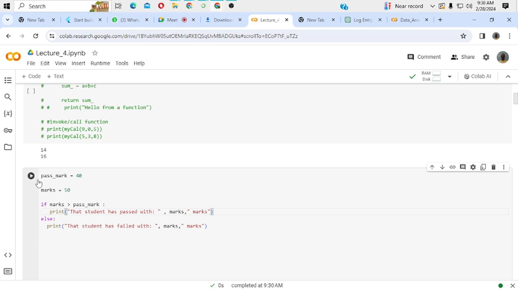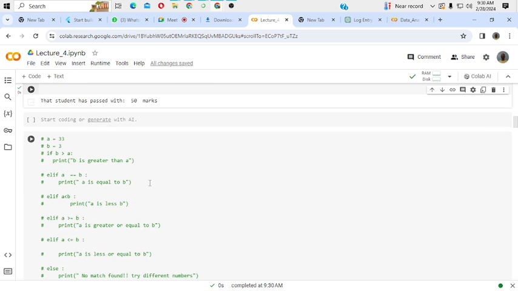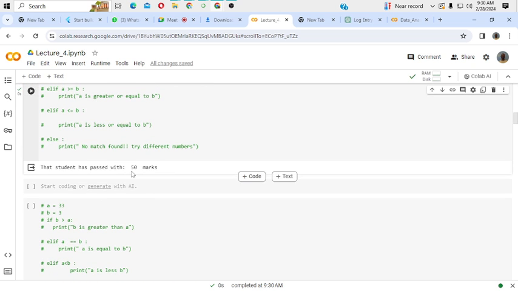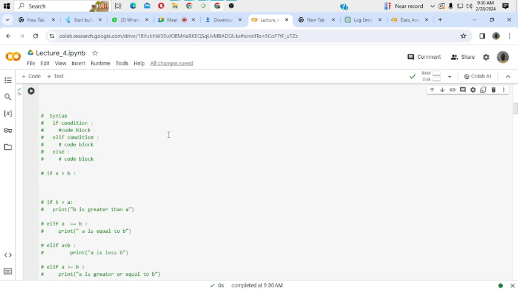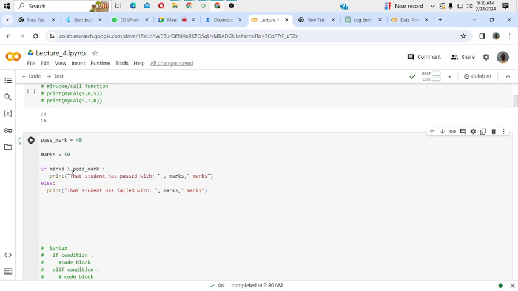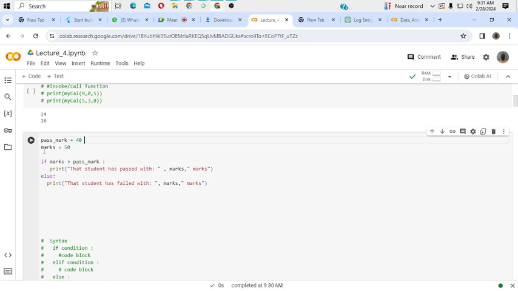Let us just try to rerun this, and we are going to get that the student has passed with 50 marks. You can improve this code even to give you grades. With just this simple code we can create a grading system whereby, let's say, if the marks is greater than maybe 50, we are sending that grade to